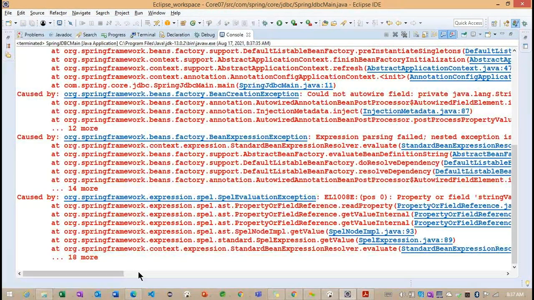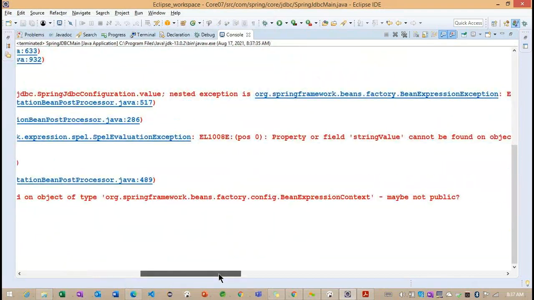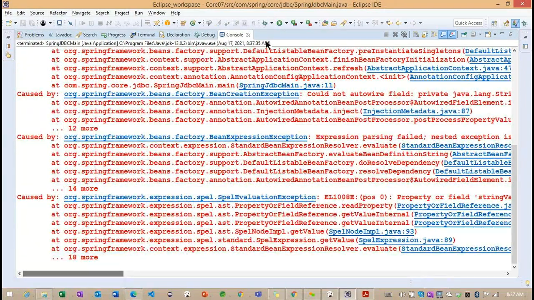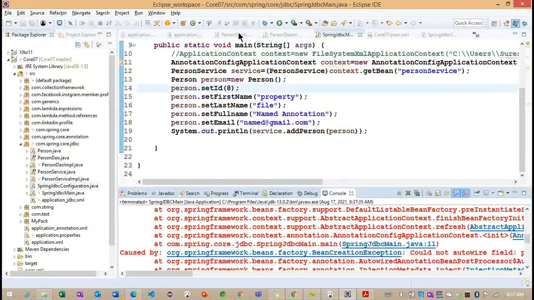No. Okay, whenever we are adding this particular expression, it is not loading. So we'll see this particular value annotation.